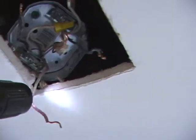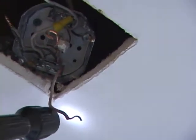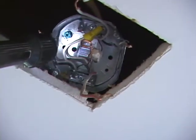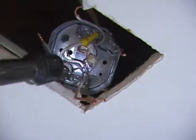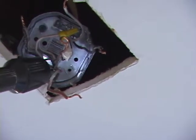There is 3-conductor wire coming here. Here it is. You can see, here's the red. The black goes over to this one, and the white goes to here. All right? So, that's the theory. Now, the people who did this installation claim that the fact that the red is neutral,